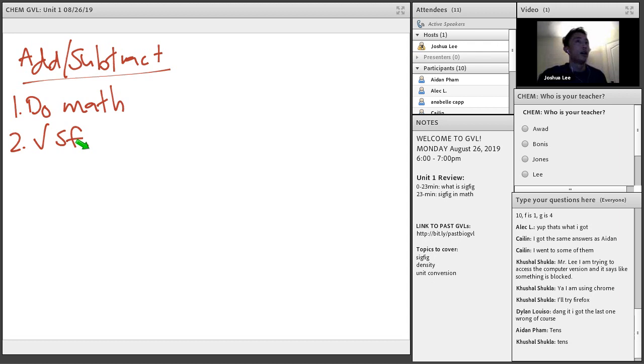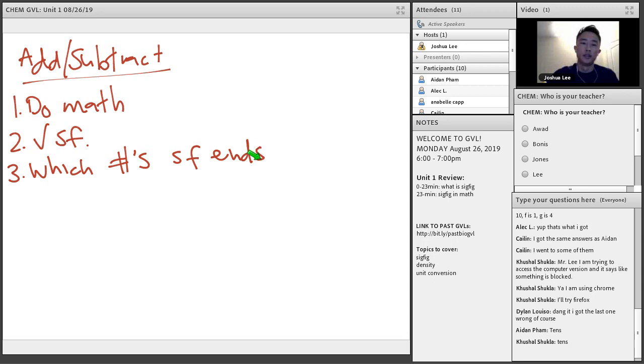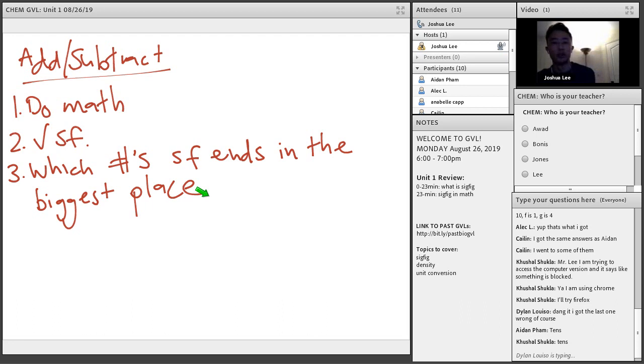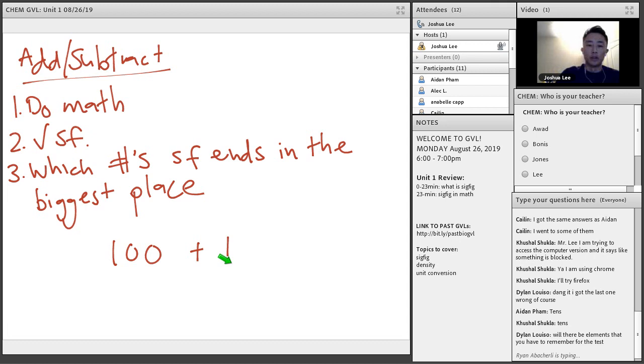Basically, which numbers' sig fig ends in the biggest place. That's where you're going to round to. So that just means like if you add 100 plus 11,